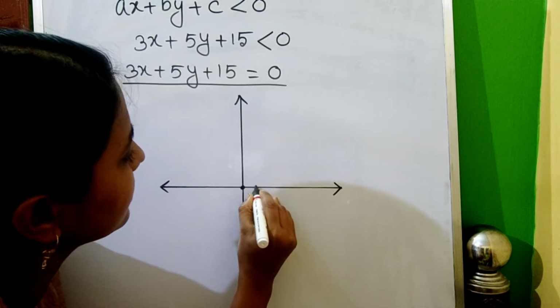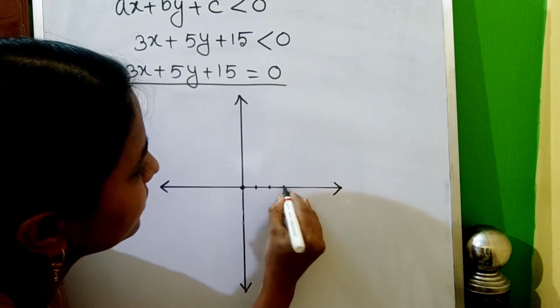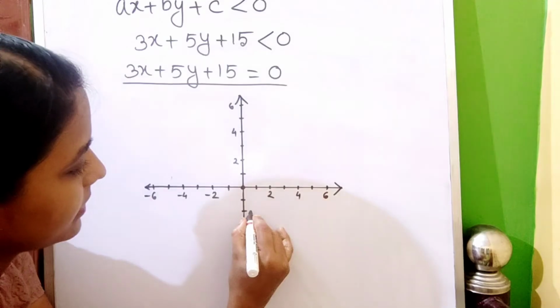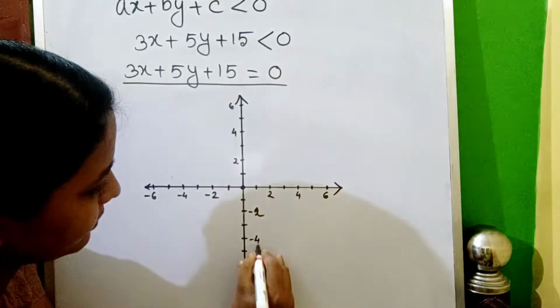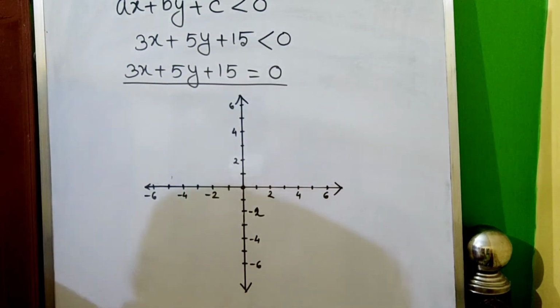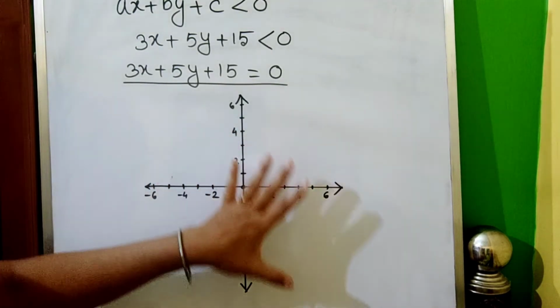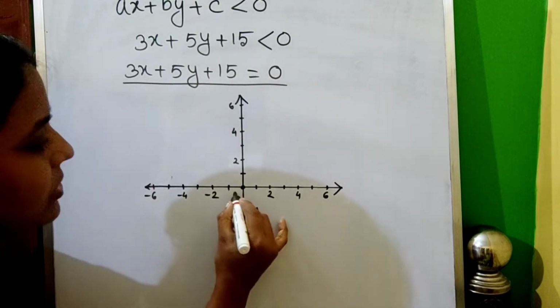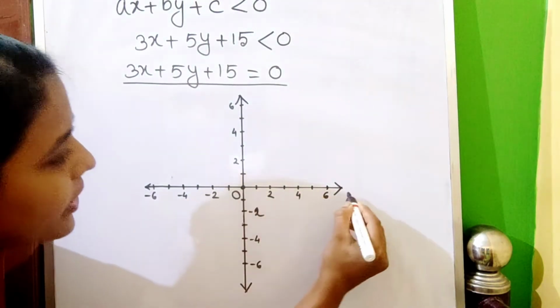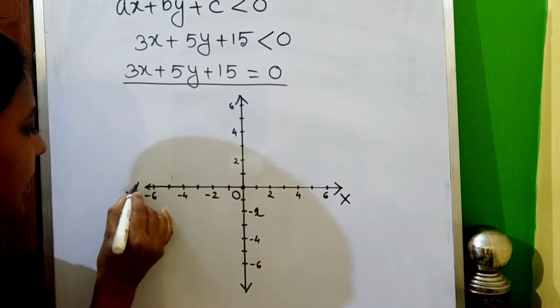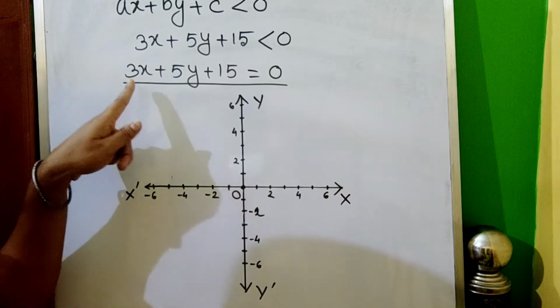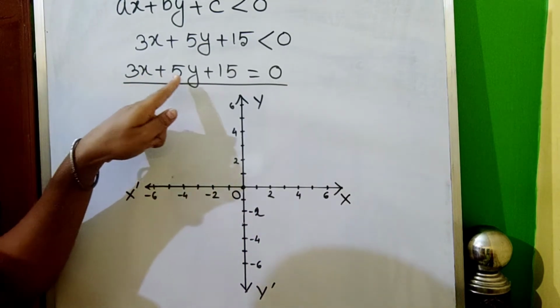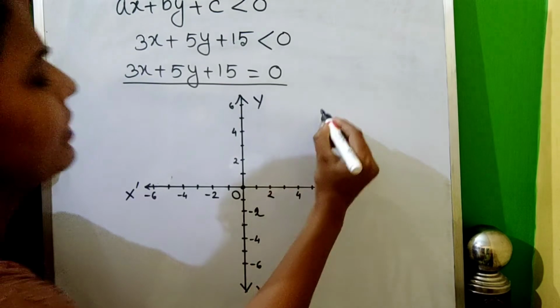I am taking normally 1, 2, 3, 4, 5, and these are minus 2, minus 4, minus 6. So this is the graphical system that I have drawn. Quite obvious, this is the origin O, x axis, x dash, y and y dash. Now when we are drawing the graph of 3x plus 5y plus 15 equals 0, we need to find